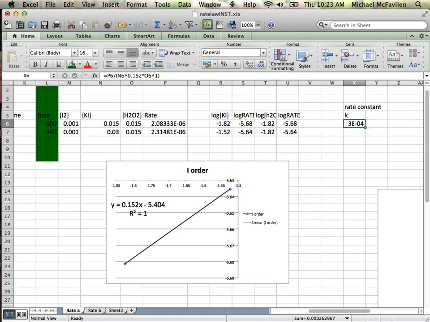To repeat that calculation, again, click and drag, you've got the rate constants for all your experiments. Okay? All sorts of fun calculations that you can get Excel to do for you pretty quickly. Matter of what, half an hour to go through and do them all. Okay? I know that was a bit to go through, which is